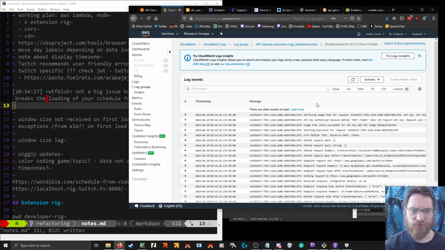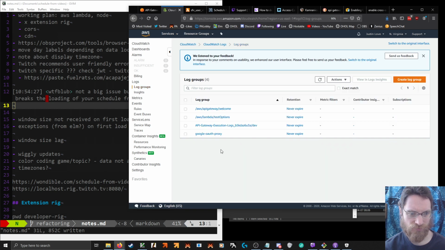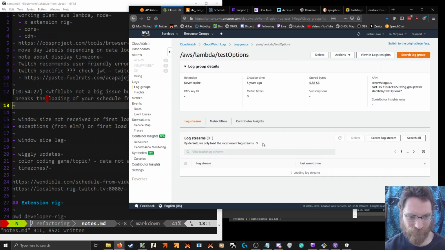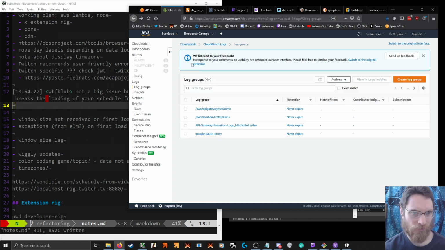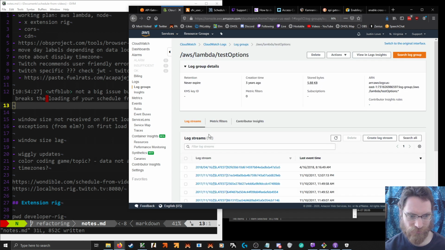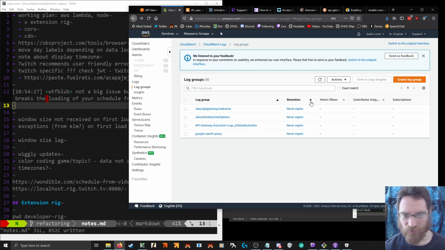Now, do I only have this turned on for dev? API Gateway welcome. Oh, okay, that did a sort. Okay, that hasn't run in a long time. That hasn't run in a long time. Oh, retention.